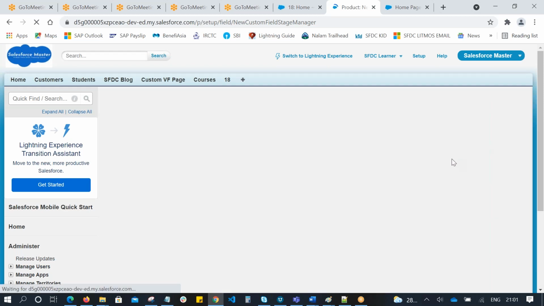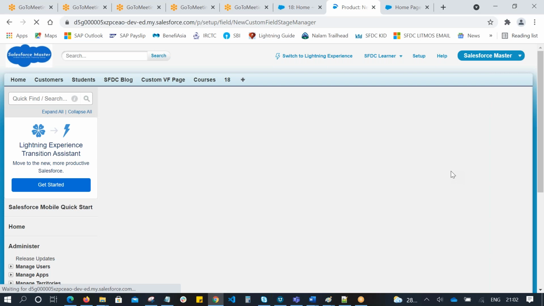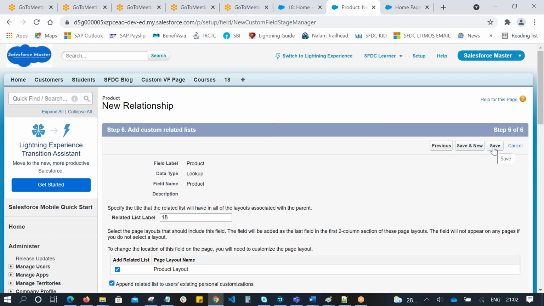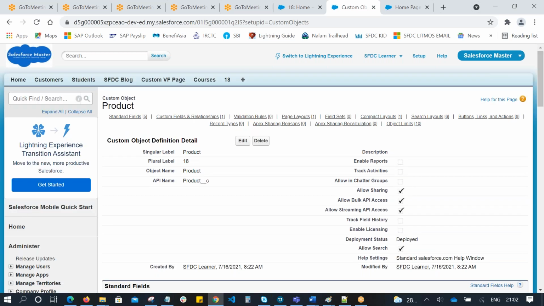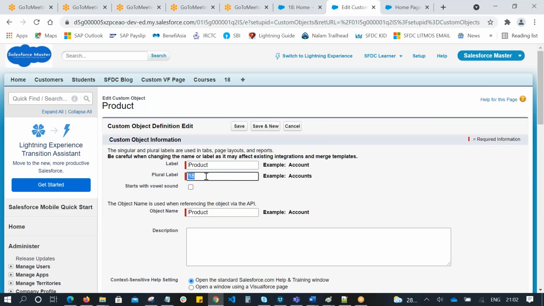Let's save. Let's go to the program we have specified. While creating the object, I specified 18 in the plural label.